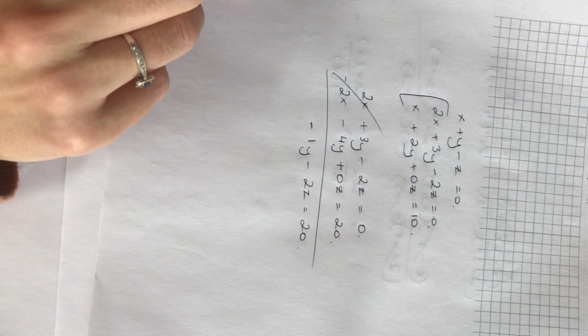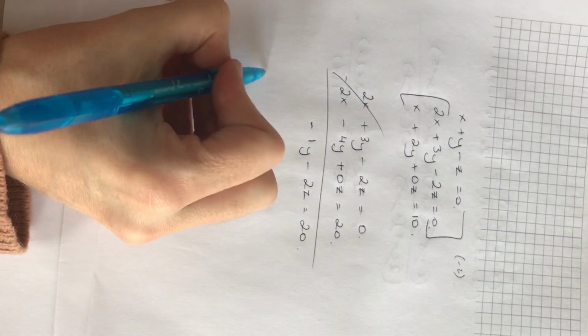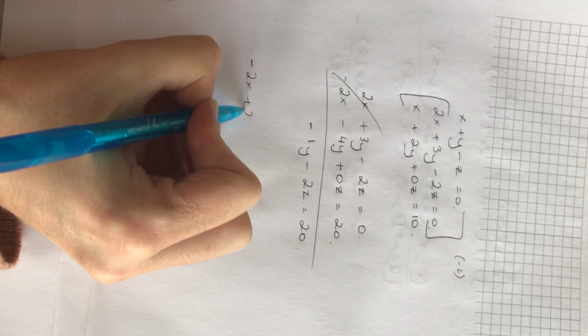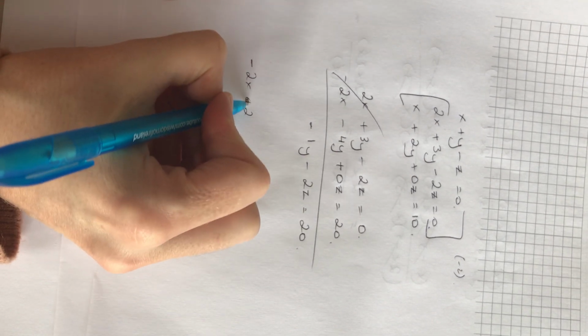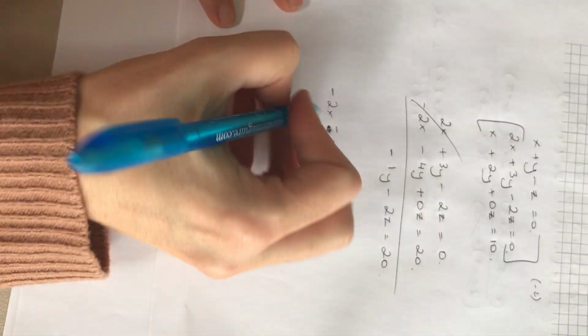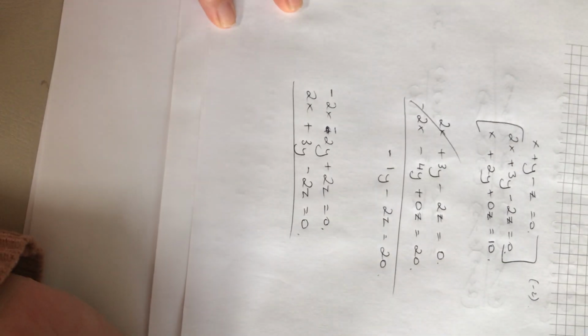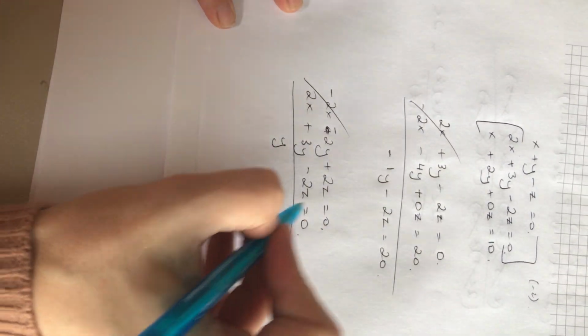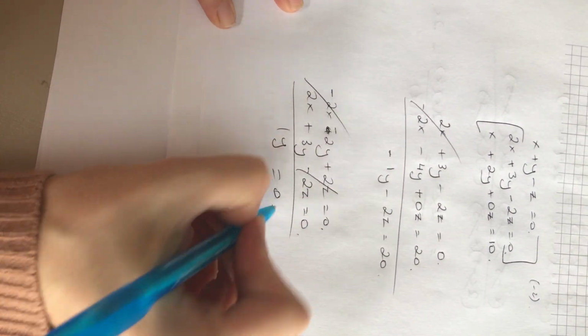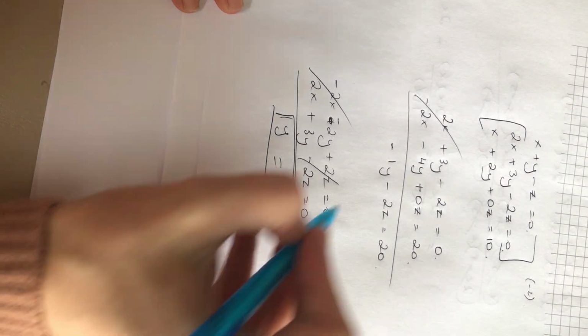Maybe I'll take these two now. I'll multiply the top one by a minus 2. So we end up at minus 2x minus 2y plus 2z equals 0. And 2x plus 3y minus 2z equals 0. That's gone. That gives me a y, 1y, and that's gone, equals 0. Oh, okay, so I'm after finding out that y is 0. That was handy. If y is 0,